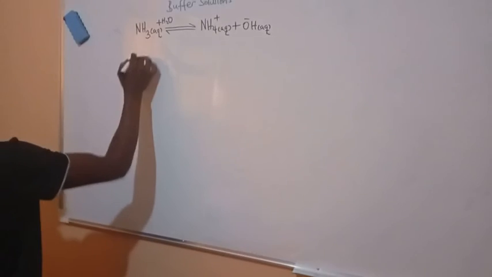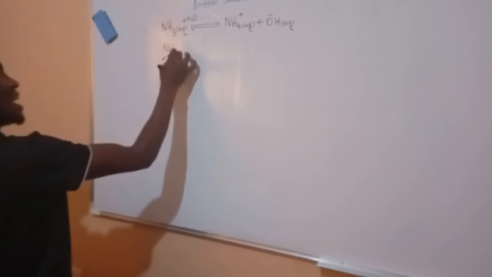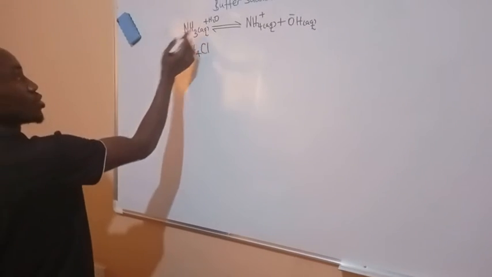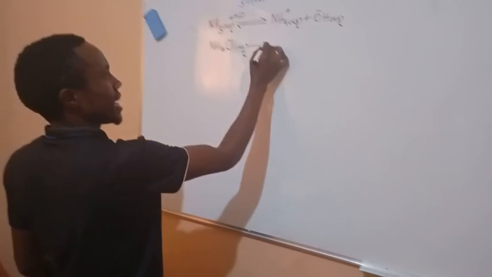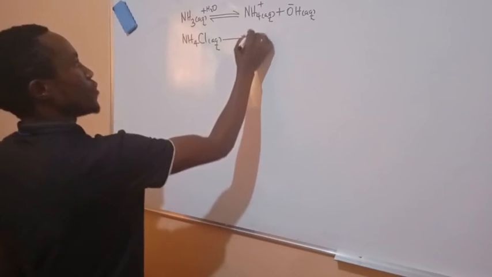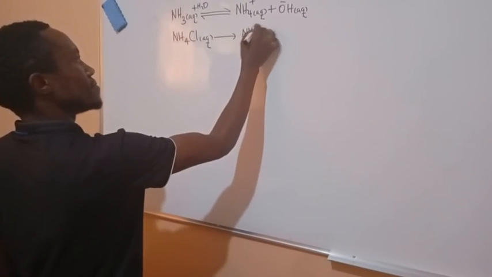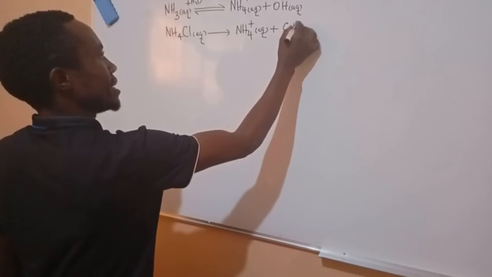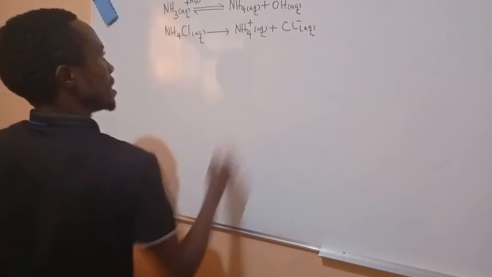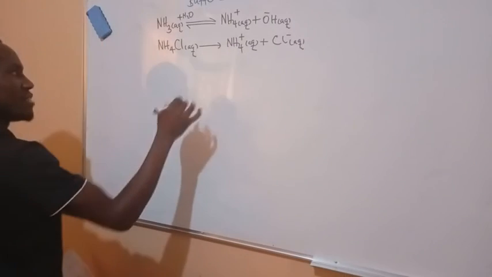In the same way, ammonium chloride, which is part of the composition of an alkaline or basic buffer, will completely ionize, being a strong electrolyte, to form ammonium ions plus chloride ions. On introduction of an acid, which has hydrogen ions,